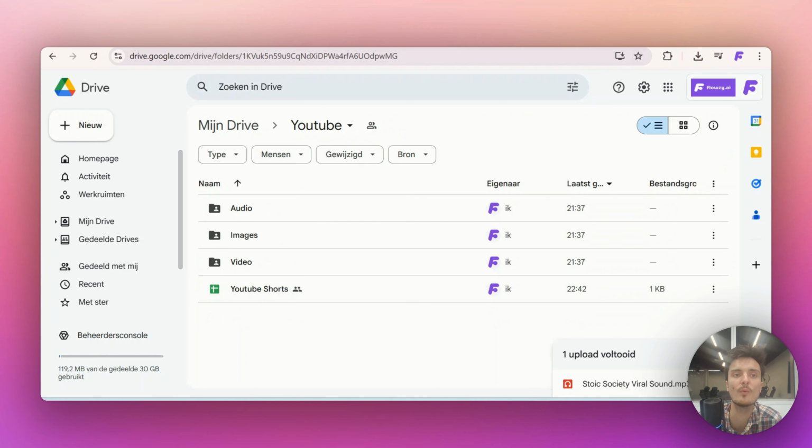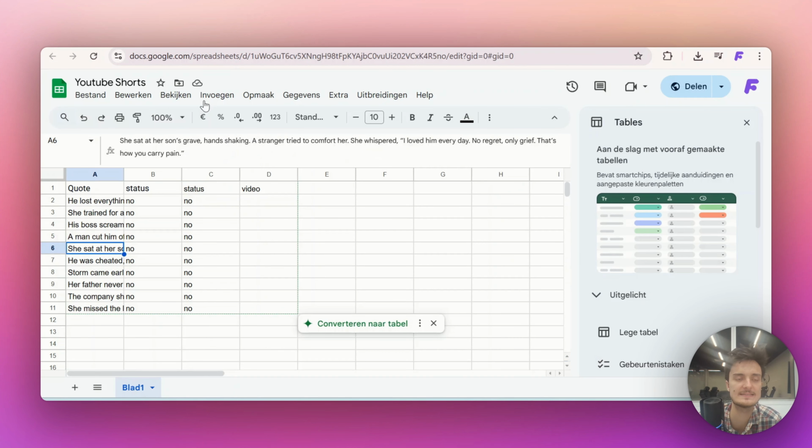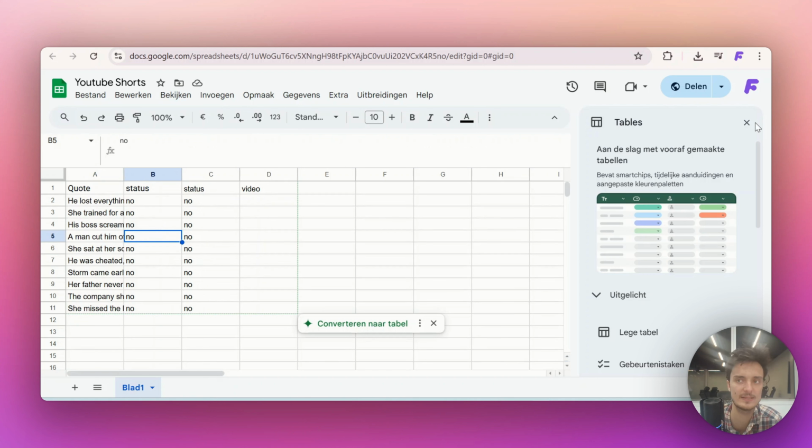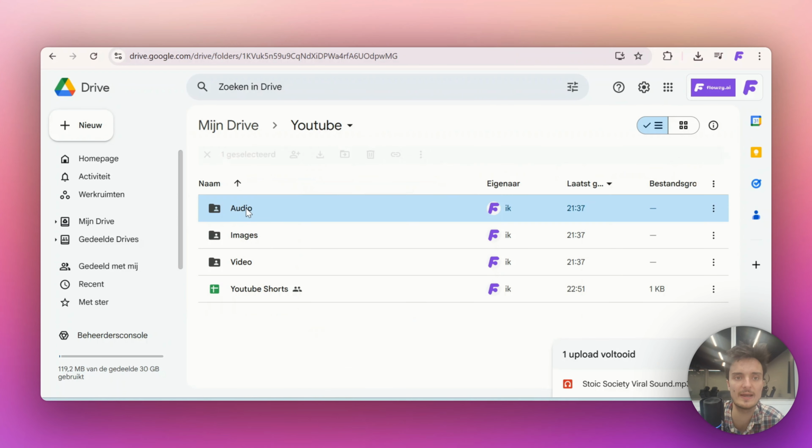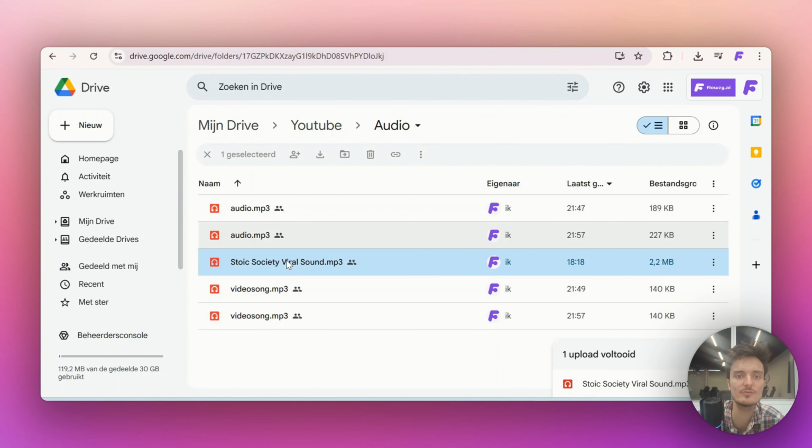So the other important thing is the Google Sheet. So you will create the Google Sheet called YouTube Shorts. It should have 4 columns: quote, status. This one is viral sound, and then here comes the video. So in the viral sound column, like we just said, you have to put the ID of the viral sound